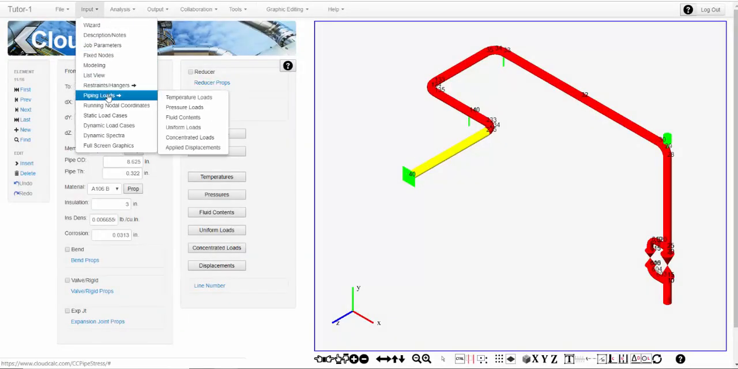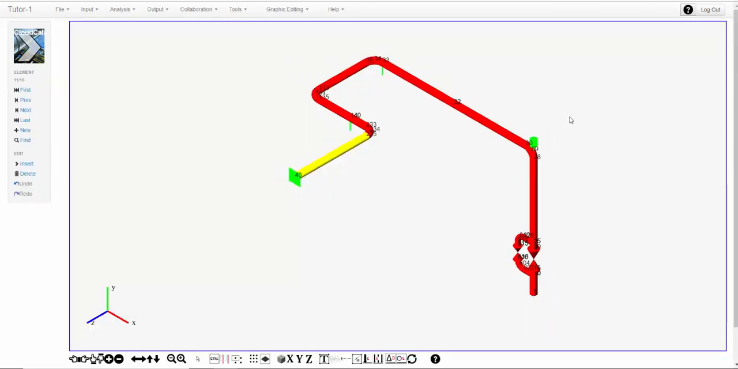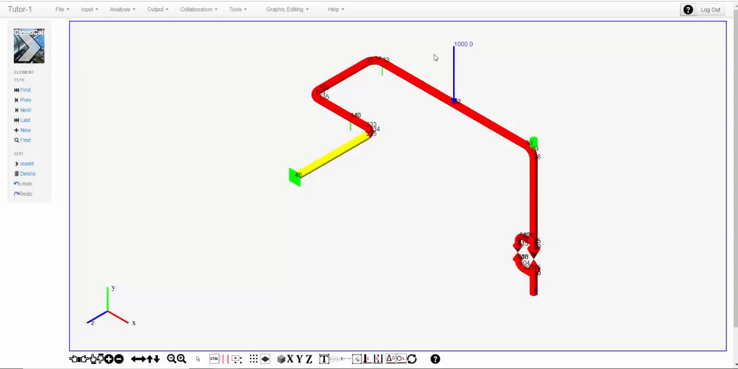If we go and look at our piping loads applied displacements, we have a displacement both at node 5 and at 6,000 as expected. Let's take a look at whether all these load cases came over. The other thing, the T's, the valves, etc., come over. We can take a look at the load cases. We can look at our plot our concentrated loads, which we do. We've got a load of 1,000 minus 1,000 in the y direction, which was